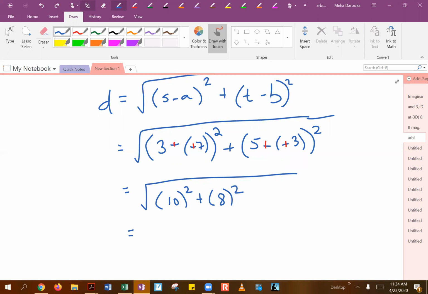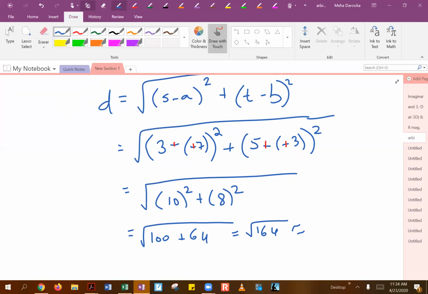Is that the square root of 164, which is 2 root 41? Yeah, very good, because 10 squared becomes 100. 8 squared is 64, so that will end up giving you 164 inside the radical. And then just to find its decimal approximation,